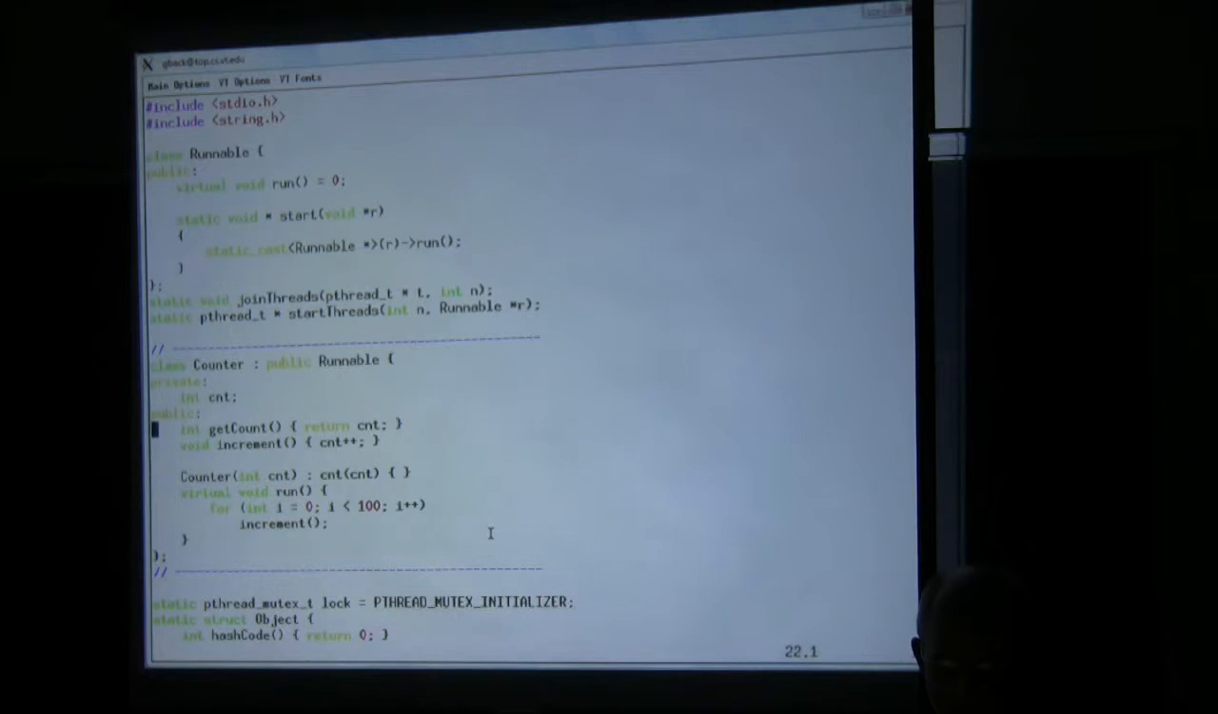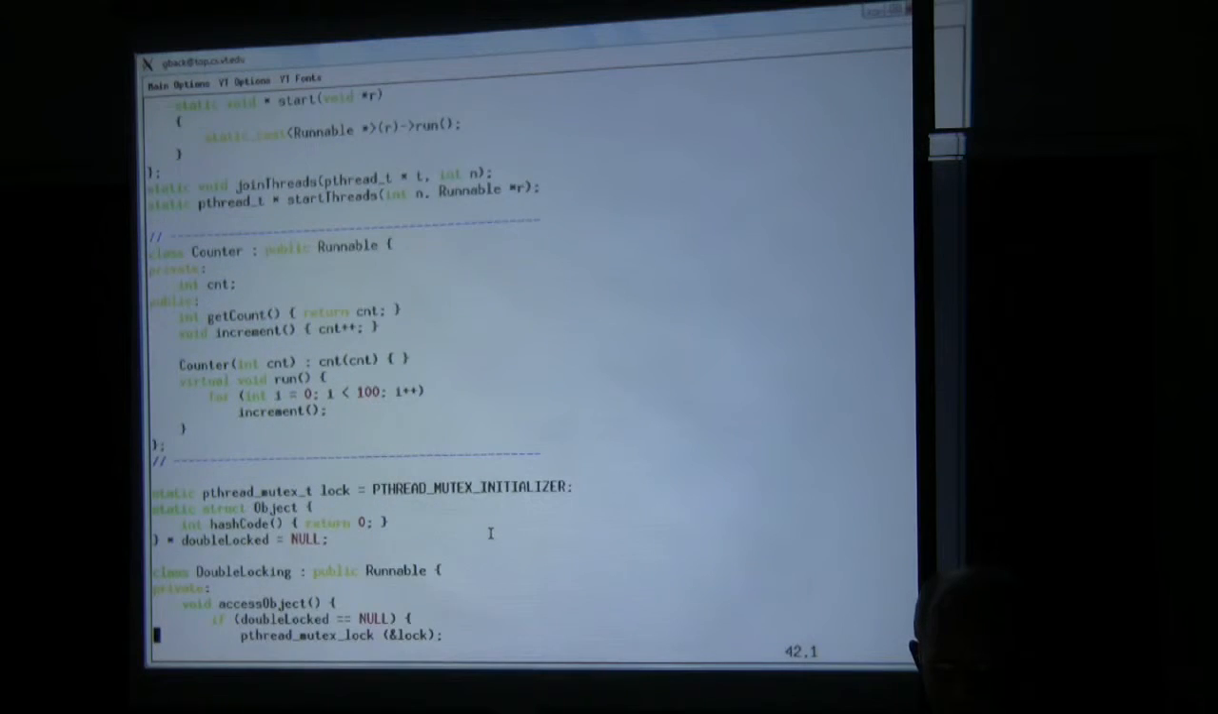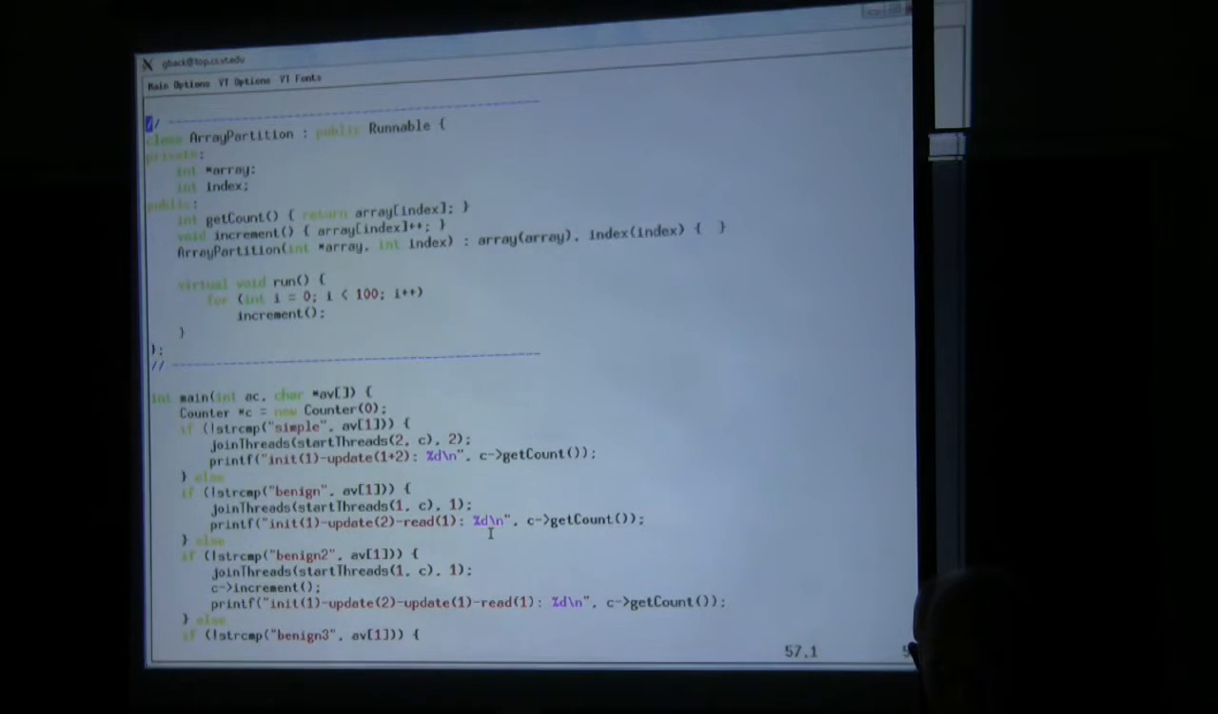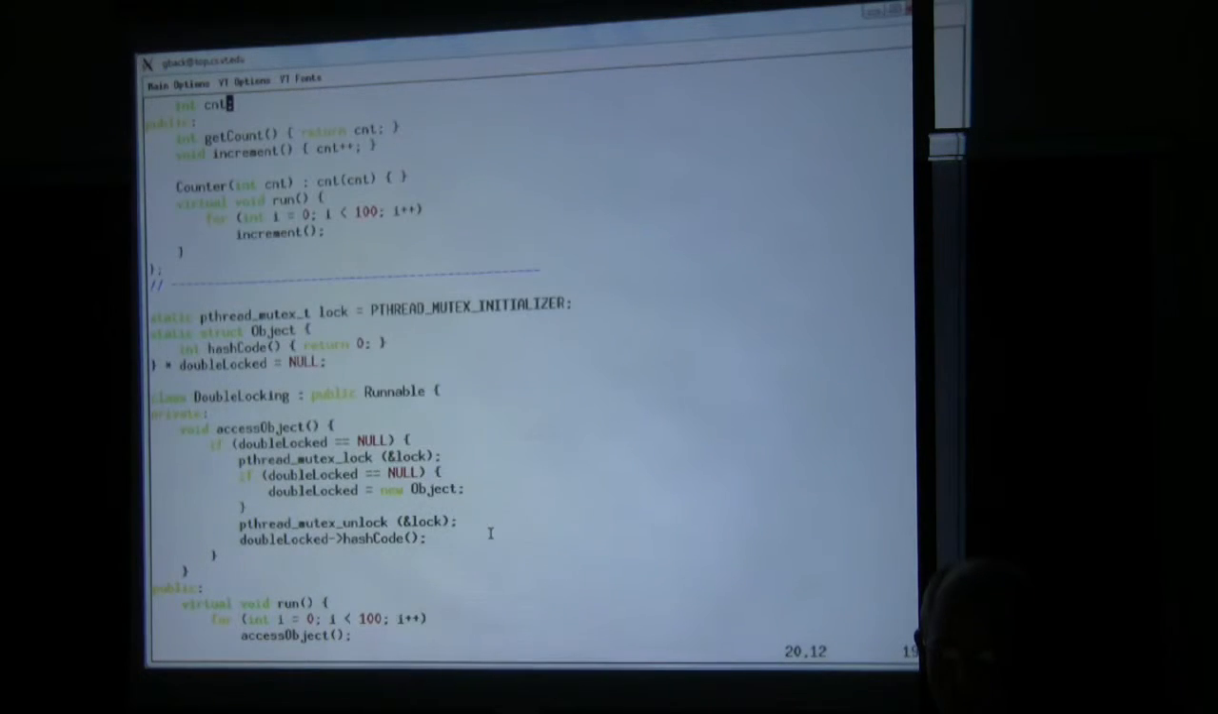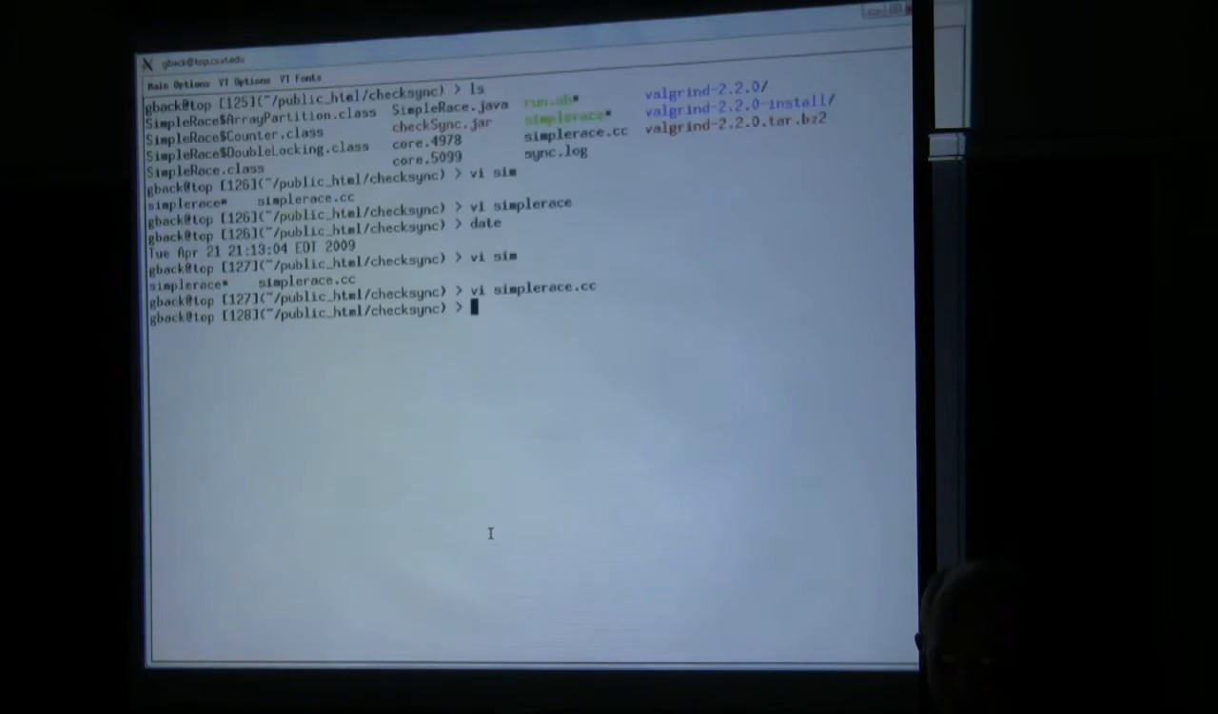There is a counter object, I've written this in C++ here, that is being incremented, but there is no lock to protect it. And then there is a test harness down here, where if I run it with a simple argument, it simply starts two threads, then joins them, and these threads increment this counter, and they do so concurrently. And of course, this is a race condition. So if I run this simple race in Valgrind,